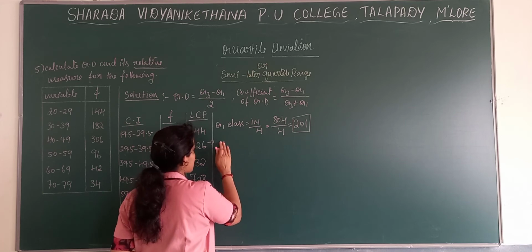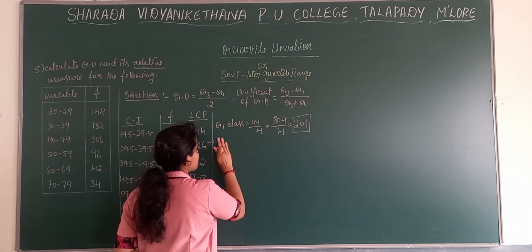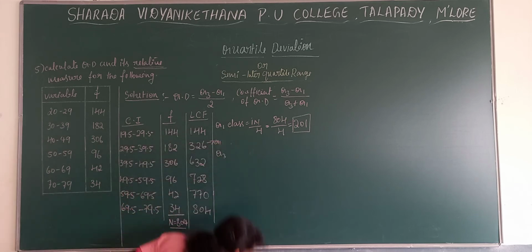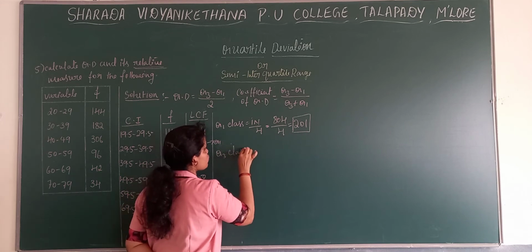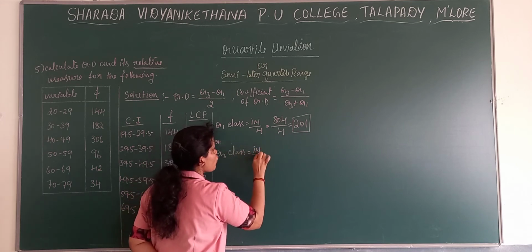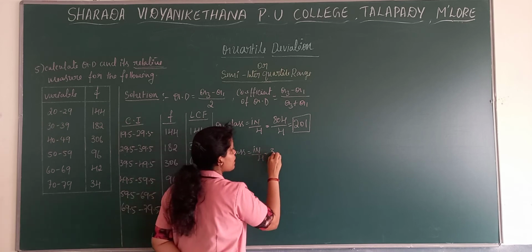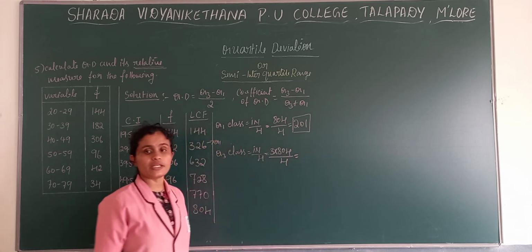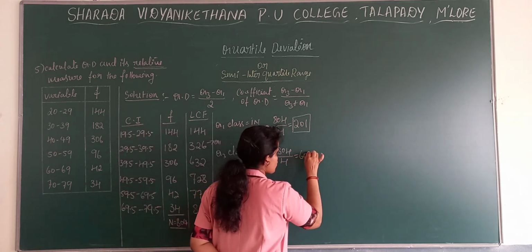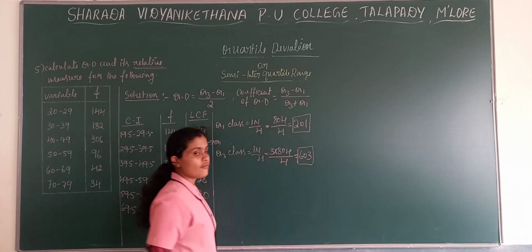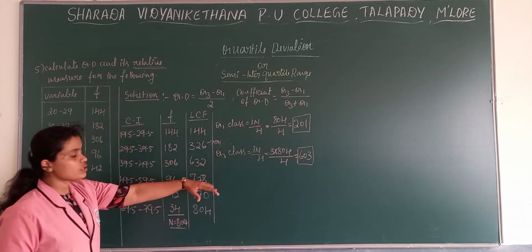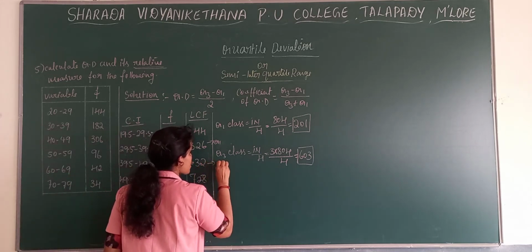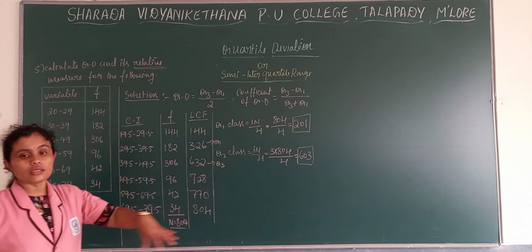For Q3 class, Q3 class is equal to i n by 4. Here i is nothing but 3. 3 into 804 by 4. When you divide it, you get the value as 603. Now see this particular value in the LCM, where 603 will fall. 603 will fall under 632. So this is your Q3 class.